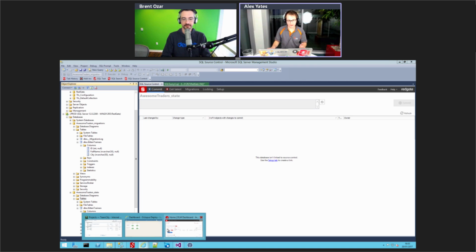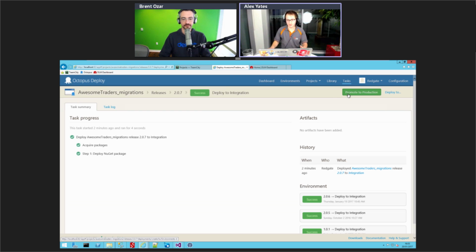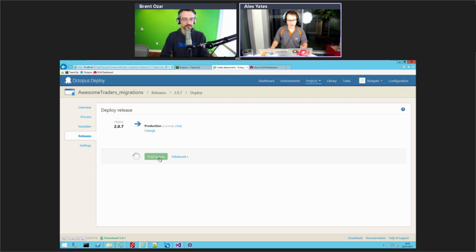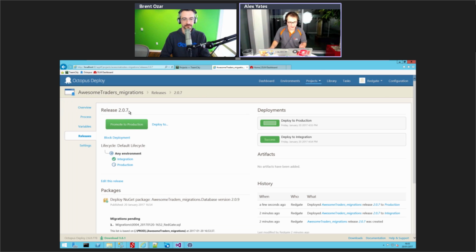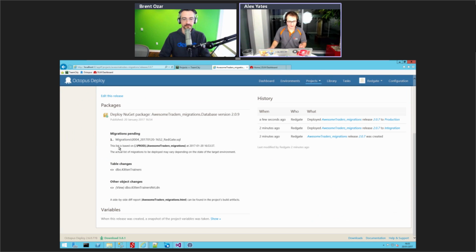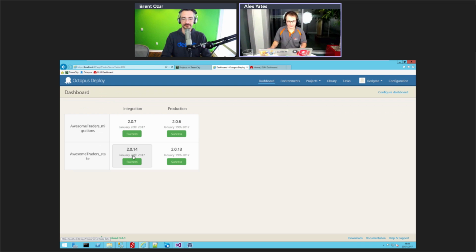So now what I can do is I can go into Octopus Deploy. Again, remember what I said about that sharing and visibility thing. Everybody can log into this. Everybody can see what's deployed where at any point in time, and they can click on any version, and they can promote that to production. You also get standardized reports on what's actually changed. So if I was to look at this particular release, I can see my migrations, I've got a change to this view, I've got a change to this table, and there are various reports that it generates to drill into more detail.